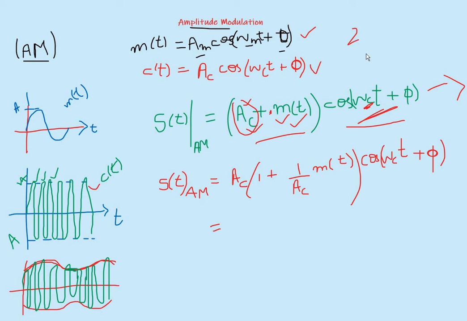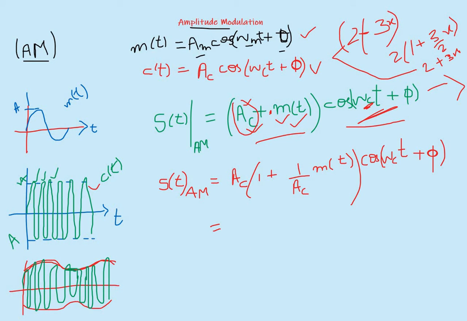If we have an equation over here like 2 plus 3x, and I'm telling you, take 2 outside. So what you will do? You will take 2 outside, plus 1 plus, you don't have 2 over here, so you will write 3 by 2x. Why will you write 3 by 2x? Because when you solve this, you will get 2 into 1 is 2, and 3 by 2 into 2, this 2 and this 2 will cancel, you will get 3x, right? So you are getting the original equation back.